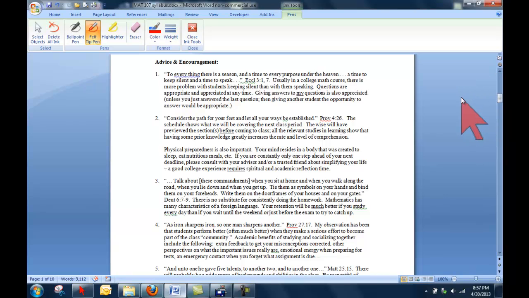The next page is some advice on success in math classes in general, and this one in particular. What I have done is taken scripture out of context, basically, so taking the words of Moses and Solomon and so on and making them say things that they probably never intended, but I still think it's good advice and interesting to do. So in a nutshell,